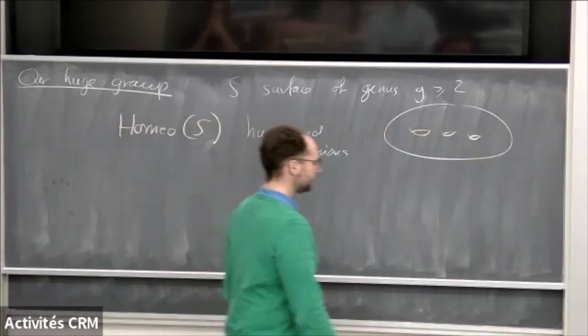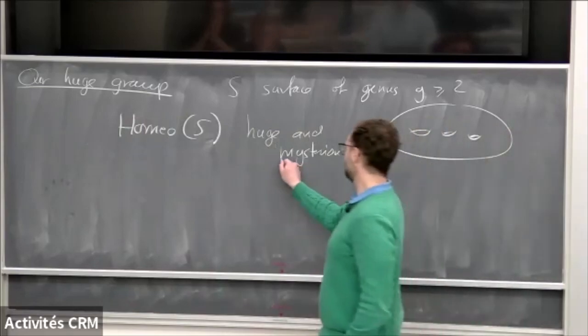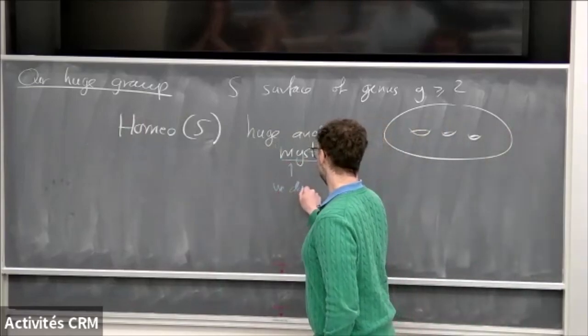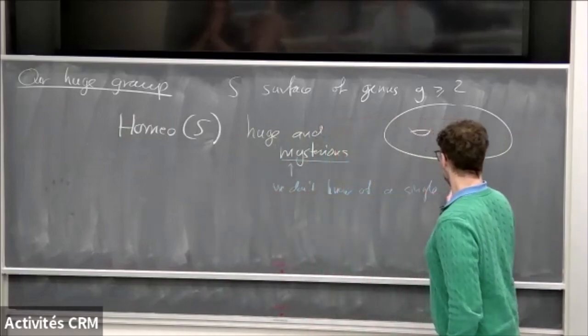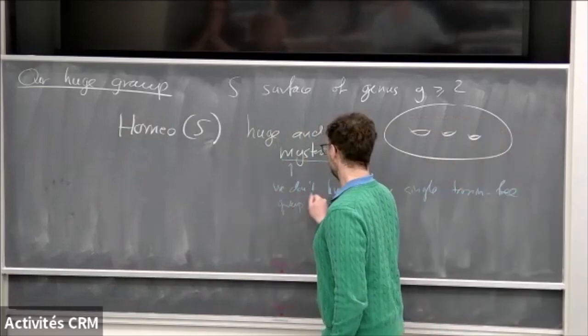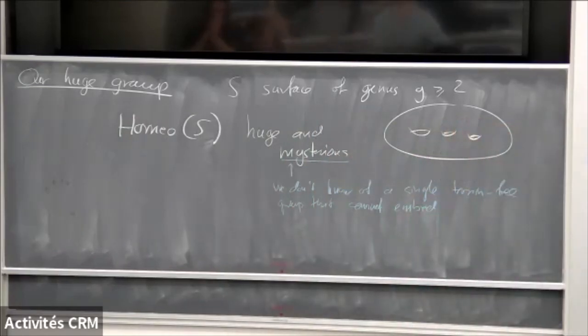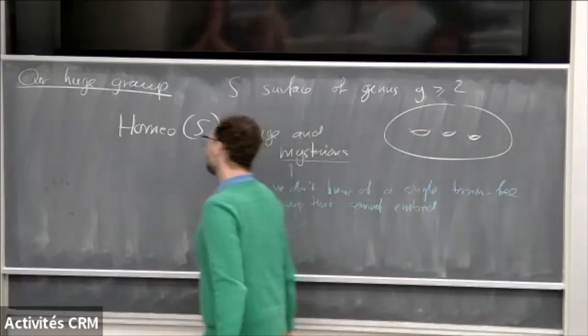it's even worse. Let me highlight the following question corresponding to this, which is we don't know of a single torsion-free group that cannot embed. So we just don't have tools. That's sort of the point, right? We have nothing to say about it. Why? Well,